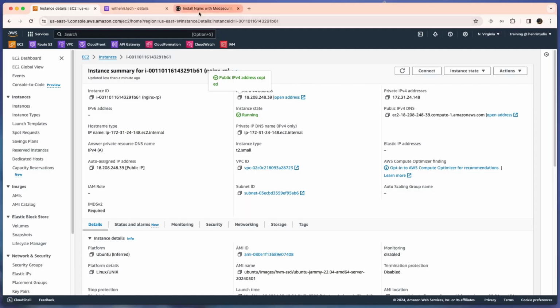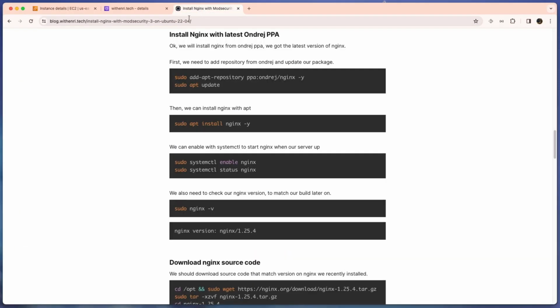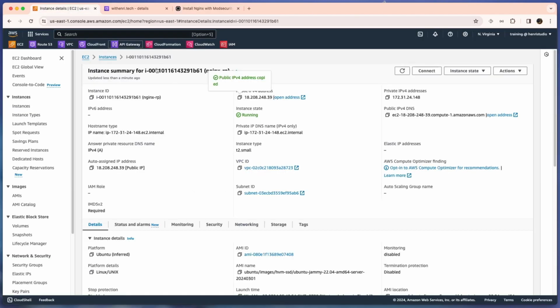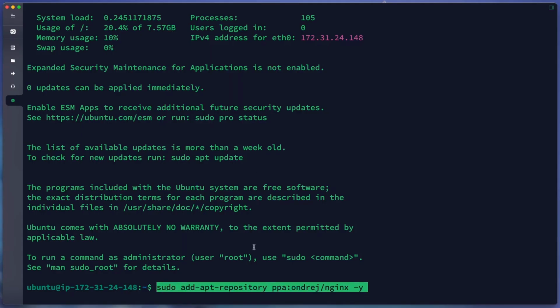First, we need to install Nginx. I use the Nginx ModSecurity tutorial. We'll use the Ondřej Nginx PPA to install the Nginx server.